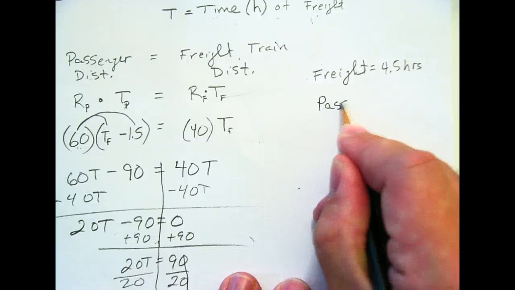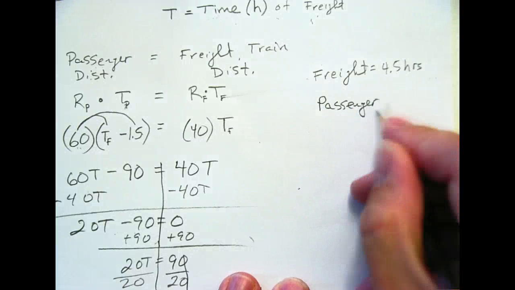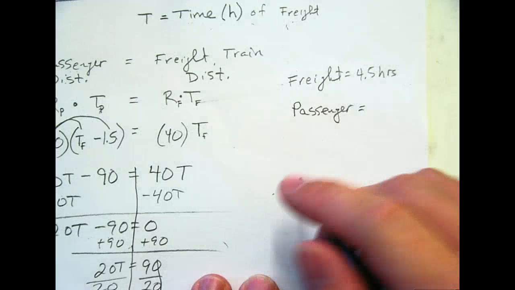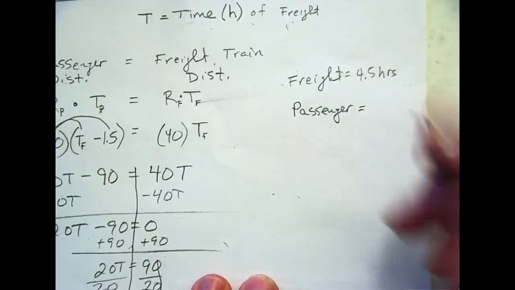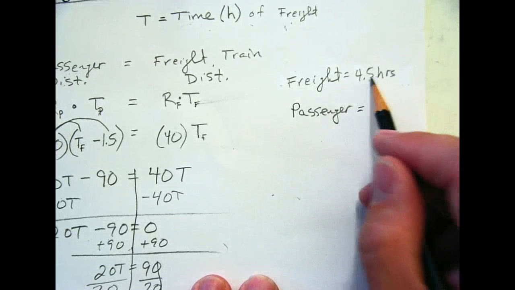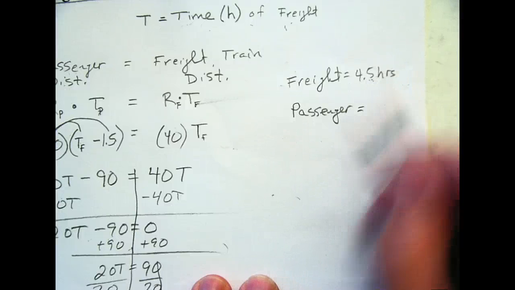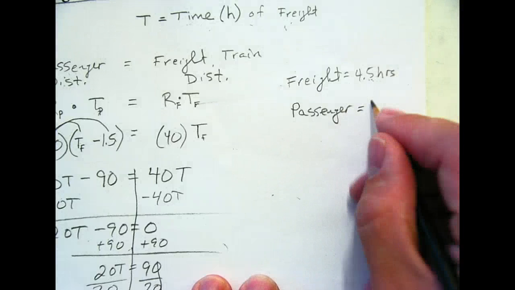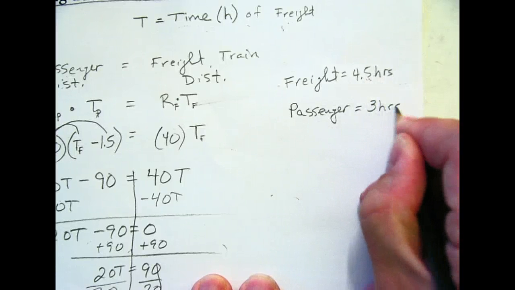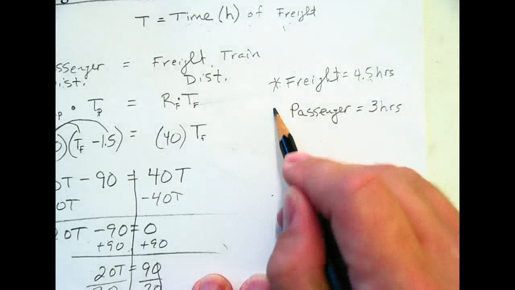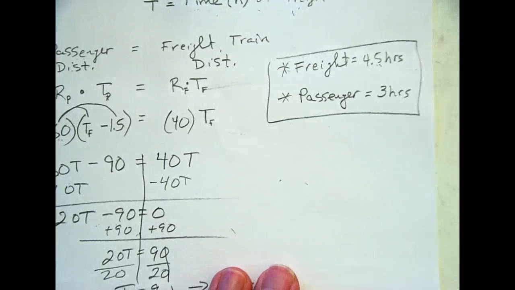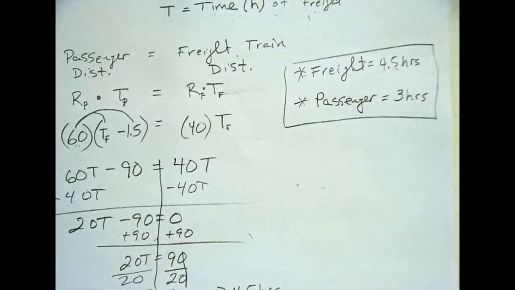All right, hopefully we had passenger train equals how long? You just add 1.5 hours to it. Do I add 1.5 to it or subtract it? Oh, yeah, subtract, right? The passenger's going a little faster, so subtract 1.5, we get 3 without our calculator, man. 3 hours. All right. Okay, there we go. Kind of a tougher problem. Your assignment today